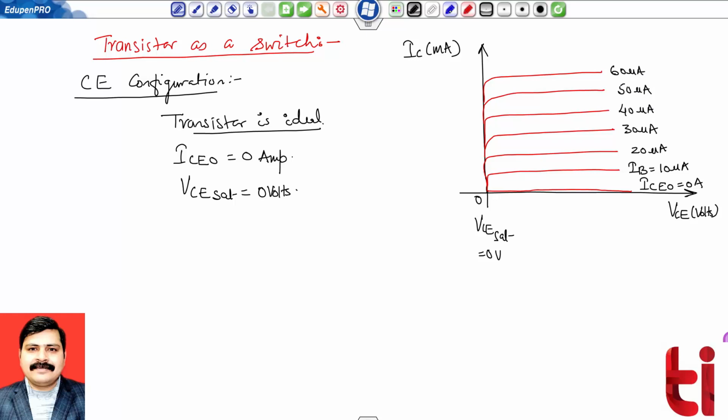And if my load line is somewhere like this, then you can check this particular current level is my